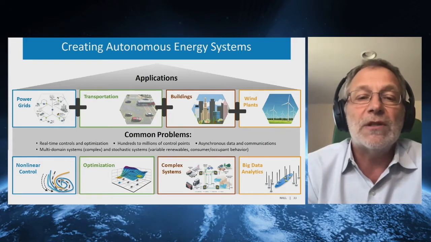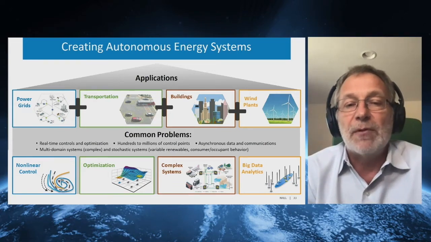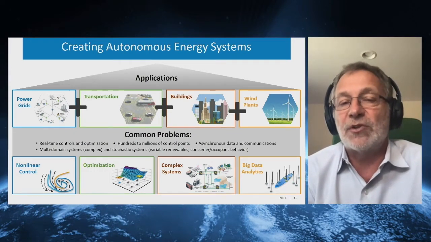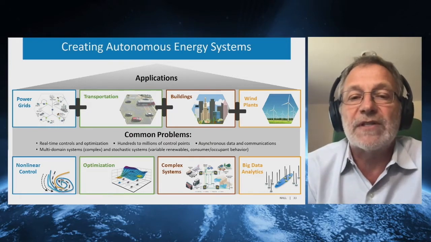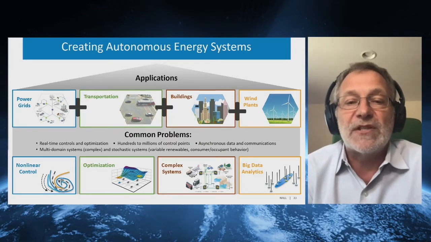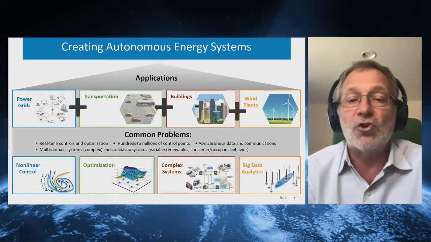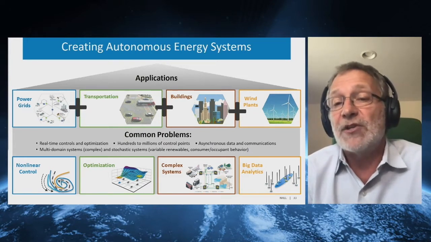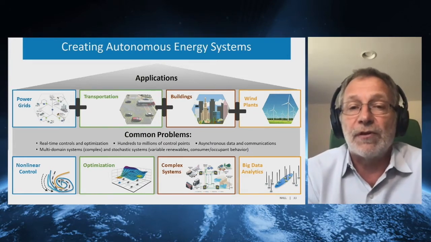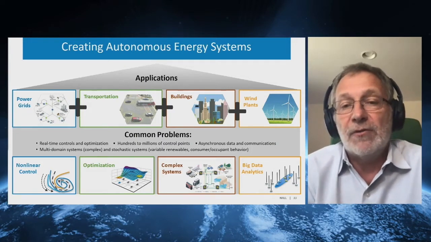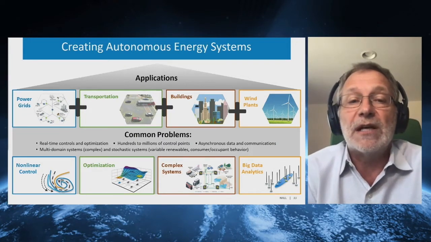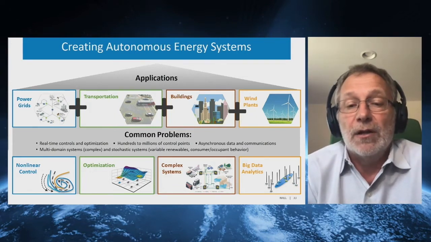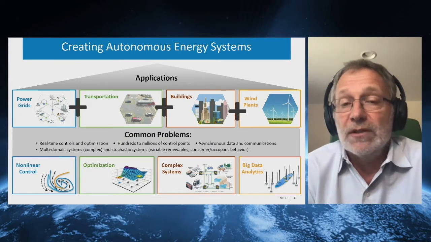So we will need new nonlinear control mechanisms. There will be new algorithms to optimize some of the loads, some of the energy generation and production, and how we're linking to energy storage on the grid side. This will be very complex systems and a lot of algorithms to develop these new complex systems. And of course, big data and analytics, big data will play a major role. All this to run the grid of the future will not be possible the way we're controlling the grid right now. This will be done through machine learning. So this will be done through very smart computing systems which will adapt and control the grid of the future.